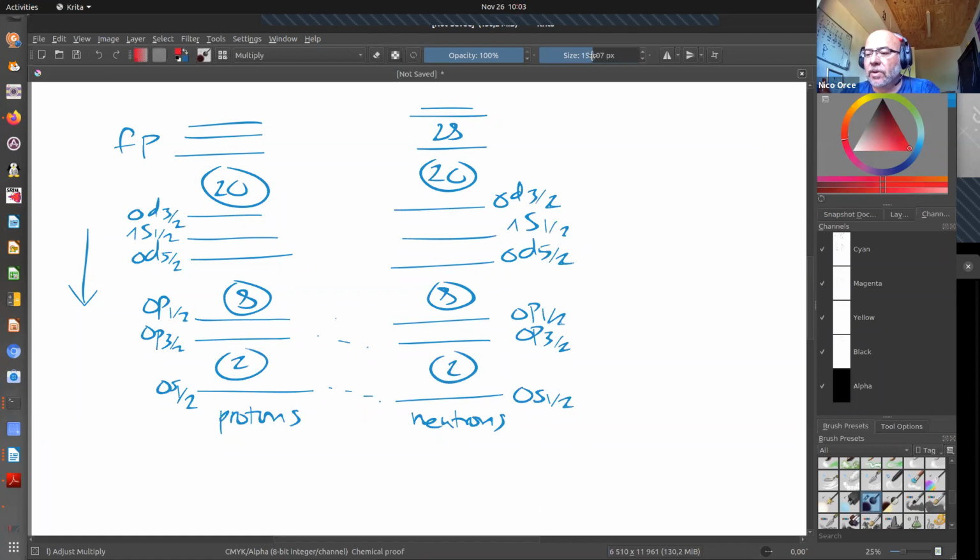So now what we want to do is to check the predictions of what we have here. And let's do, for instance, a nucleus like, let me see. What is my